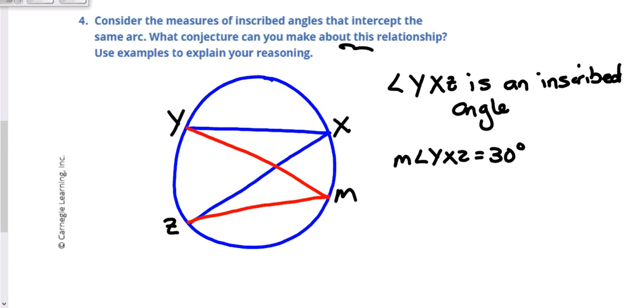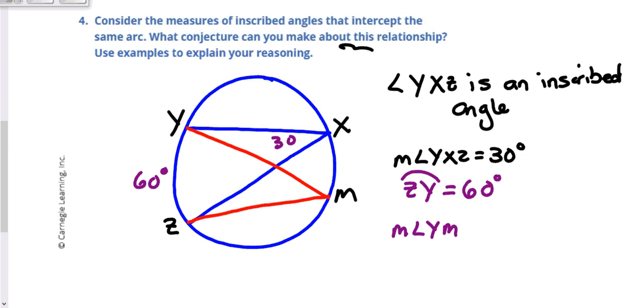So I know this one here is equal to 30 degrees, which makes arc ZY equal to 60 degrees. Then in turn, that means that the measure of angle YMZ is also 30 degrees,